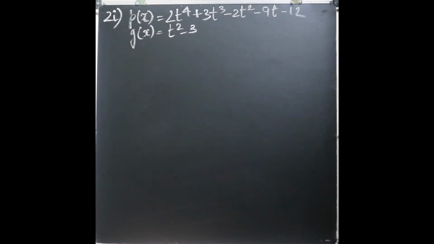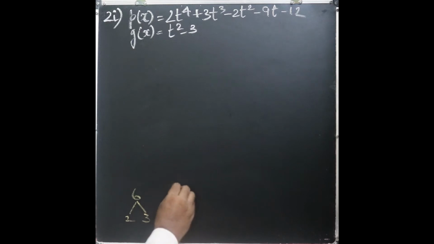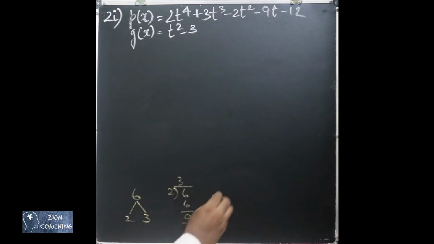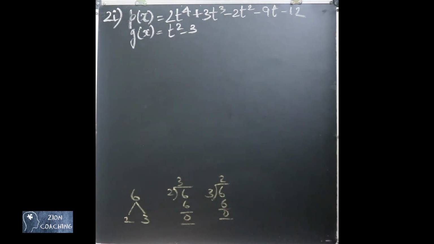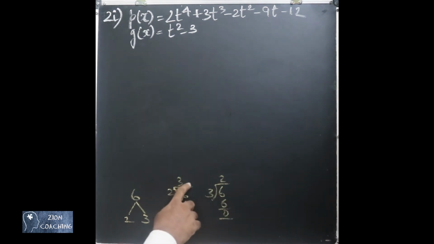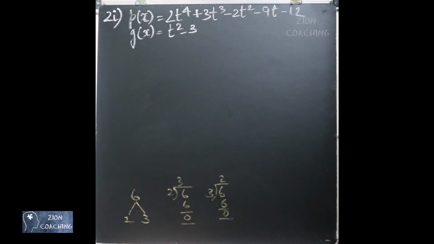I will give you one example for that. Now we are telling that 2 and 3 are factors of 6. We are telling so because when you divide 6 by 2, the remainder becomes 0. And when you divide 6 by 3 also, the remainder becomes 0. This is the reason why you are telling that 3 and 2 are factors of 6. That is, those numbers will return remainder 0 when they divide 6.